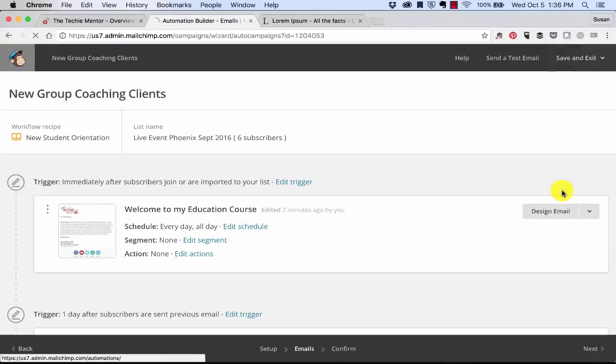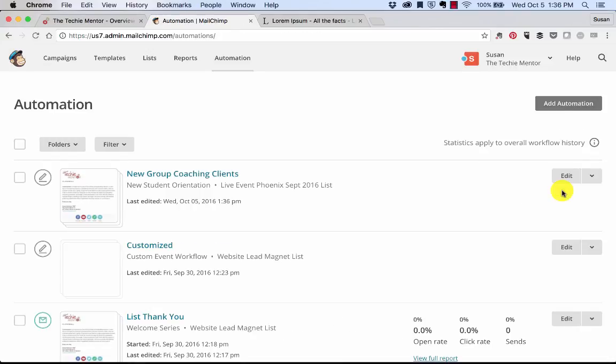Whoops. Go back to my automation. Okay, so here it is. New group coaching clients, new student orientation. So this is the automation that I've chosen. This is the list that I've chosen, and then this is when it was edited. Okay, now you notice I have an edit, I have a replicate, and then on here,